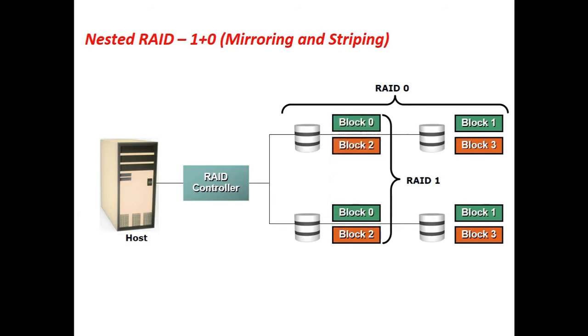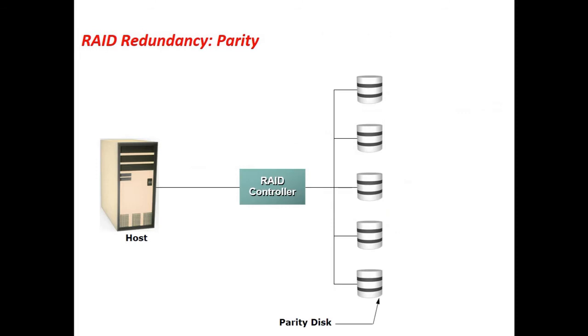Data is recovered. Now let us see what this parity is. We have already discussed what parity is. Let us look at it once again. Parity is basically a mathematical relationship between the different blocks of data that are stored in different hard disk drives. So using this mathematical relation, we can regenerate the data that has been lost.